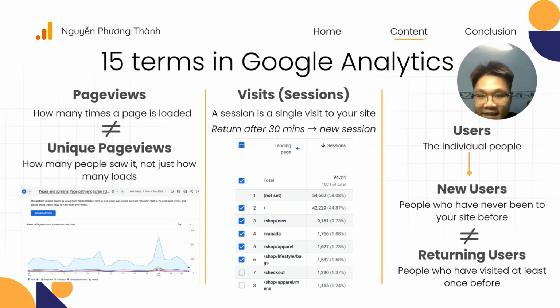Another one is visits, or sessions. A session is a single visit to your site. If a user leaves and comes back 30 minutes later, that's a new session. How about users? They are the individual people. If they visit 10 times, they are one user. And users